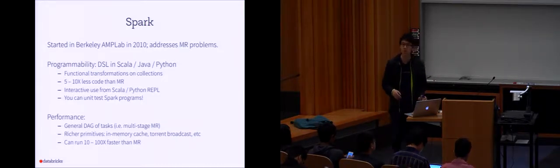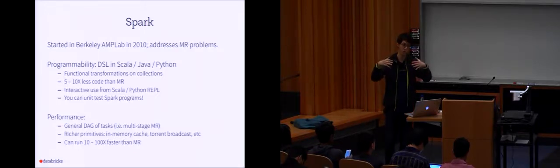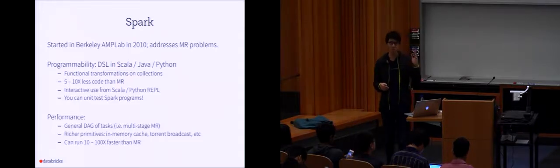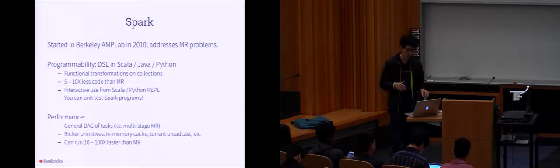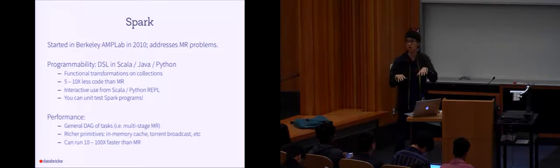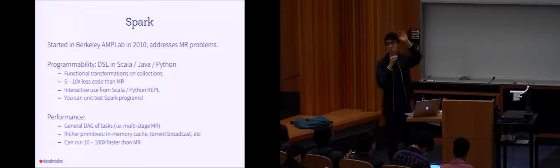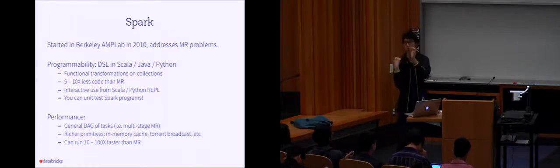In terms of performance, what Spark does is it generalizes map and reduce into multiple stages of map reduce chained together. What we call a DAG, basically a directed acyclic graph of tasks that's chained together in Spark. And because of this DAG, the Spark engine under the hood understands that the output of the first map and reduce just goes to the second map. And now, instead of writing all the output to disk, you could actually just stream through it, directly passing the output of the reduce to the next map.